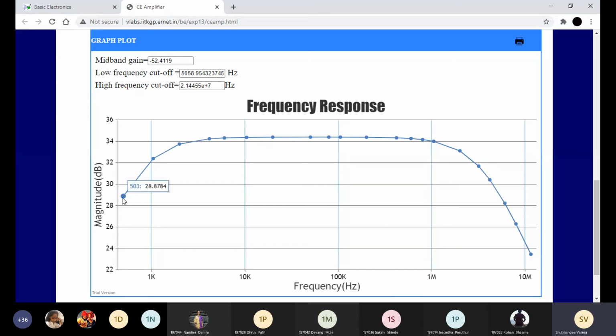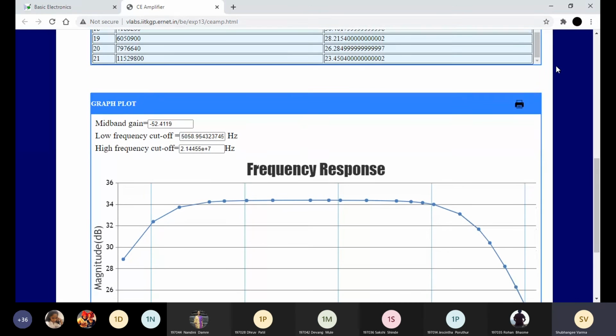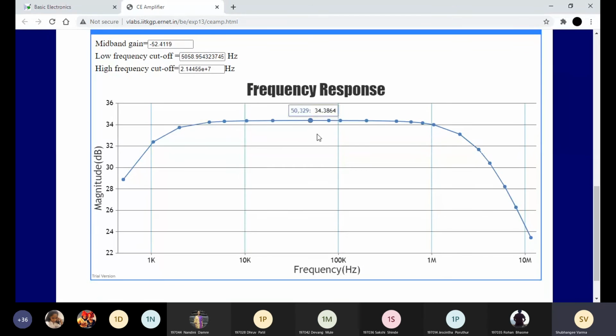Okay, so we have started with 500. So here you can take 1 or 2 readings also if you want, because how many readings have we got here? 21 readings. So you can take 2-3 more readings over here. Okay, you can start from here, means you can take reading for 100 and 300. Yes, what happened?